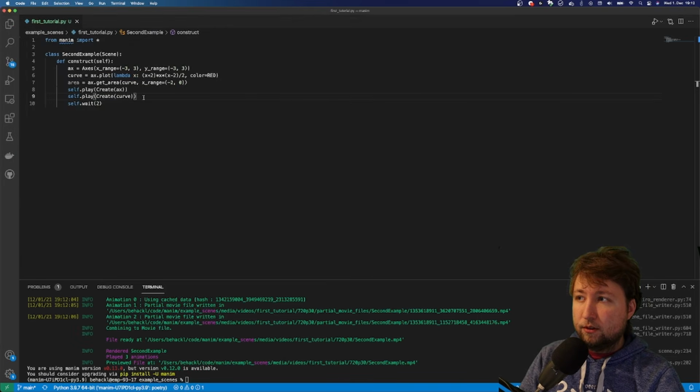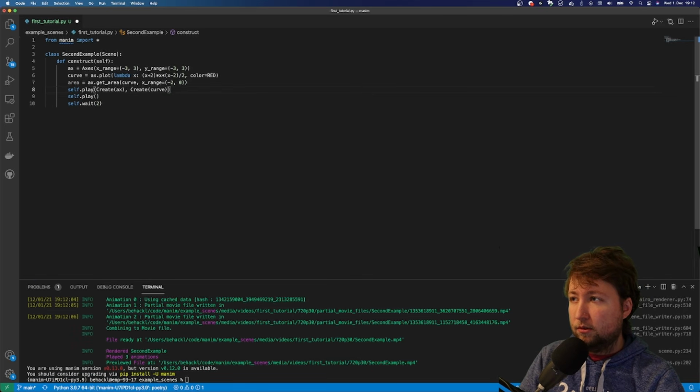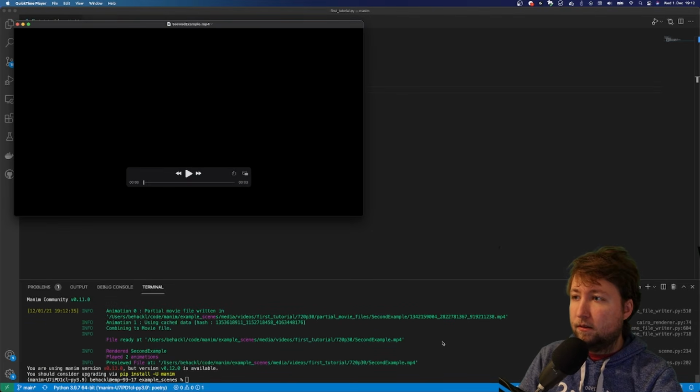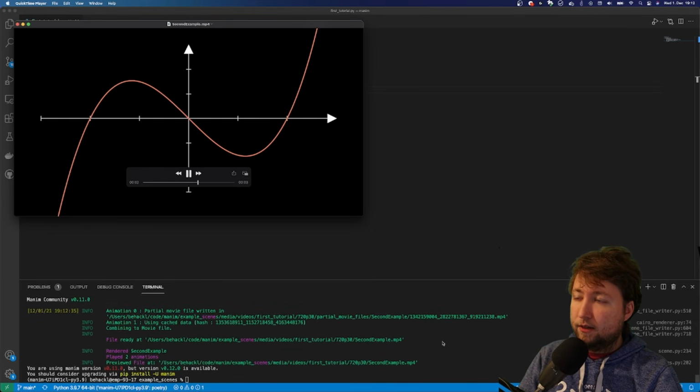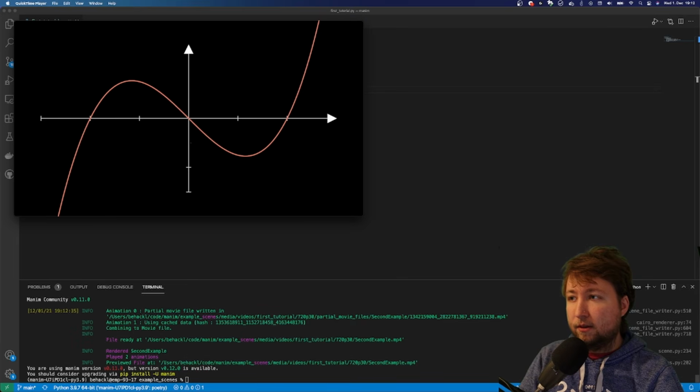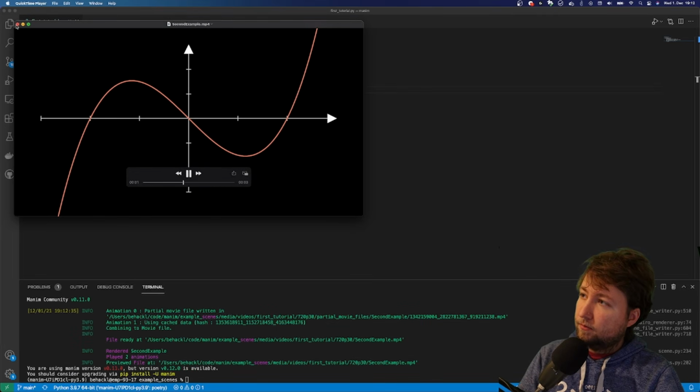What should we do if we wanted to draw axes and curves at the same time? Well, fortunately, you can pass multiple arguments to the play call that you have right there. So we can just take the thing from the second play call and then add it to the first play call. We run that again. Something new is rendered, and you see the curve. Let's play that again. The curve and the axis are animated at the same time. Both appear at the same time. Nice.